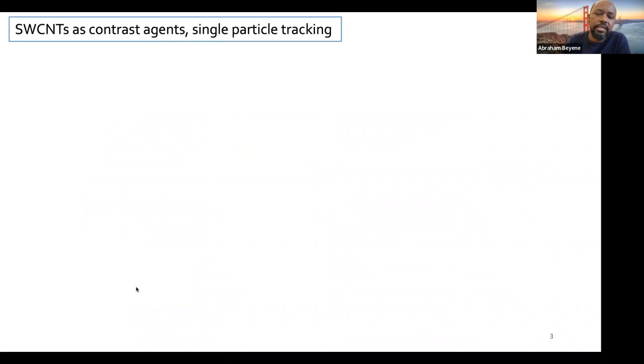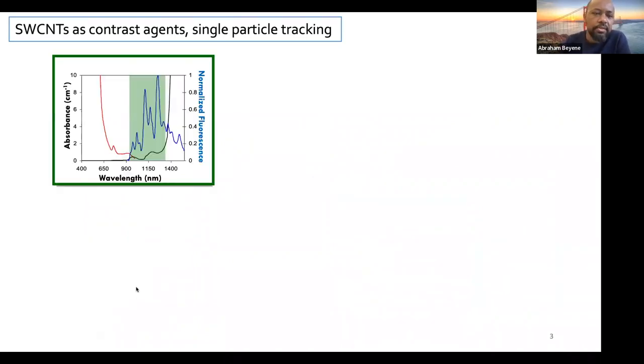In fact, if you look at the literature of these nanomaterials in biology, it goes back for at least 2 decades. And there are a couple of reasons why researchers are interested in these materials. The first one